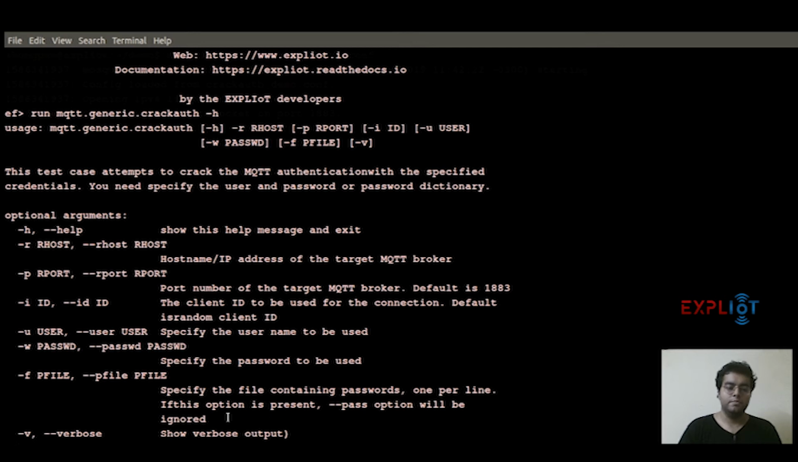All right. Last is the -v. It stands for the verbose output. It basically gives you a more detailed insight of the plugin. All right. So now I'll show you the